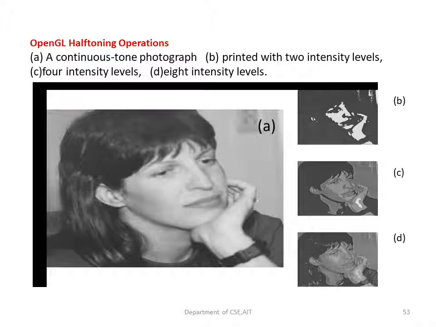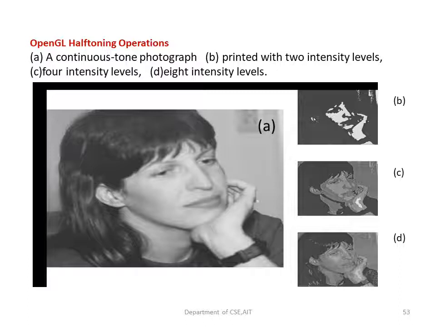Is that possible? That is being done in half-toning. So you can see here in B, we have the same image, but it is represented only in terms of 2 intensity values, that is black and white. But the picture is not very clear. When you come to C, you can see that A has been represented by using 4 intensity levels. So we have 2 gray values, 1 black and 1 white. So somewhat we can make out some resemblance. But when you go for D, you can see we have 8 intensity levels. So the picture A is clear in D.